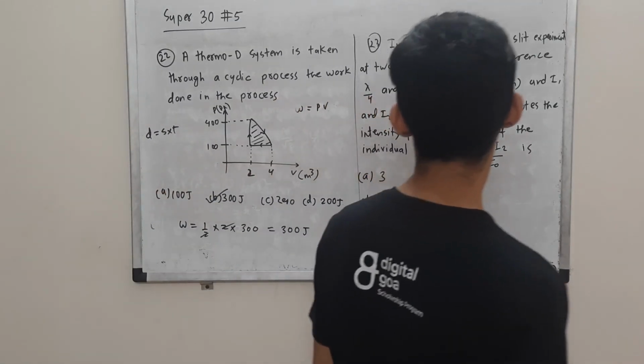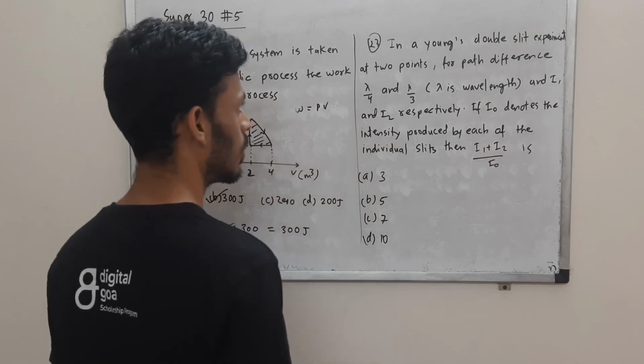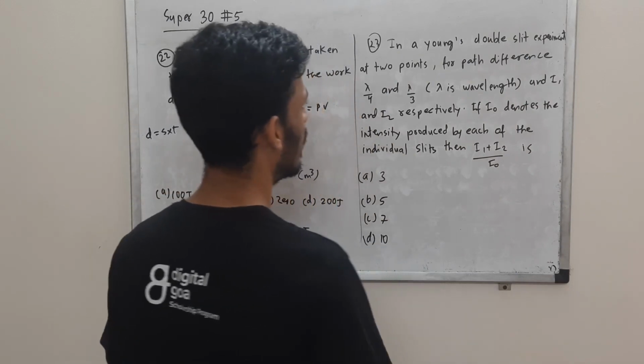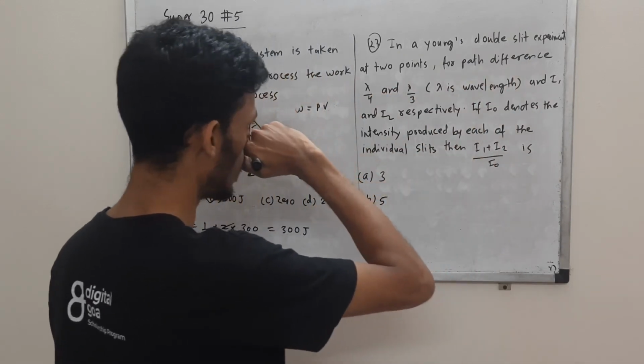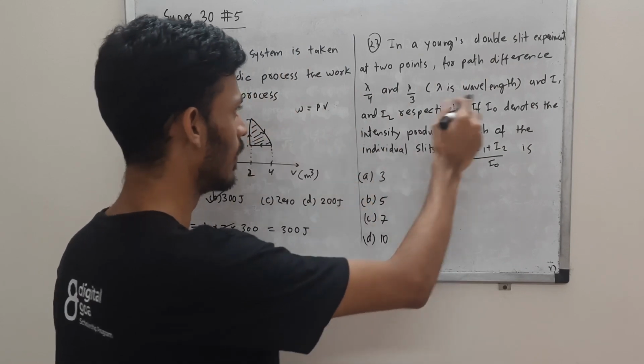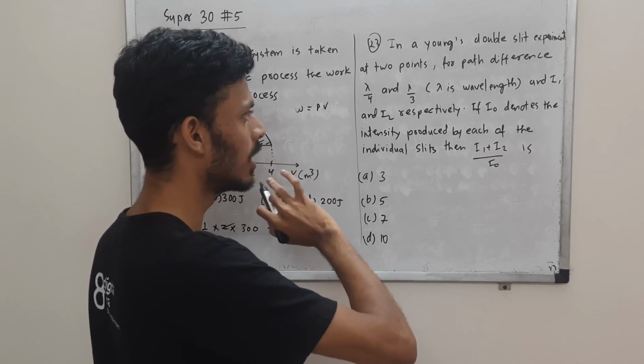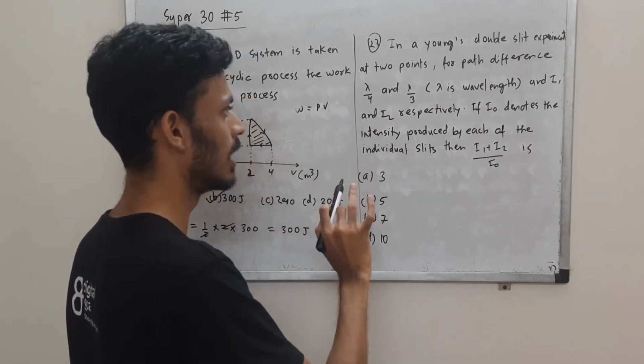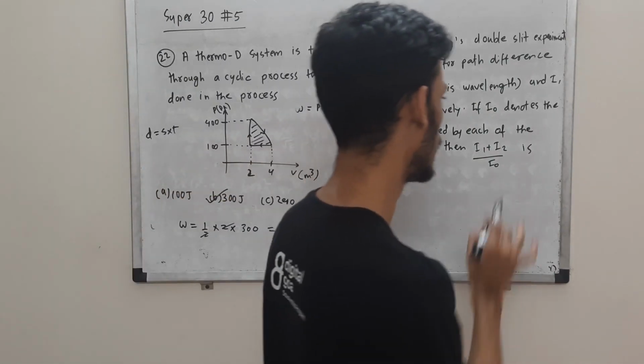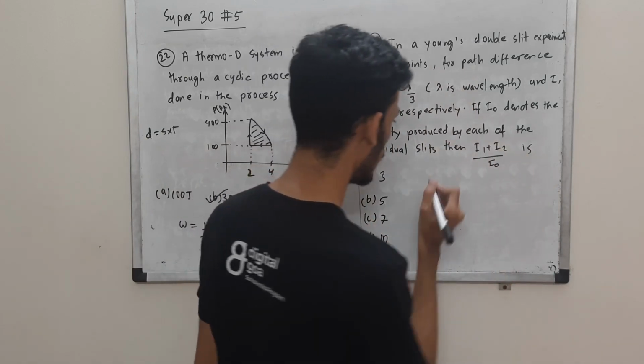So let's come to question 23, Young's double slit experiment, and here we have been given the path difference at 2 points, in the form of wavelength, and I1 and I2 are the intensities at those points. I0 denotes the intensity produced by an individual slit. You are supposed to find this ratio. Now what is